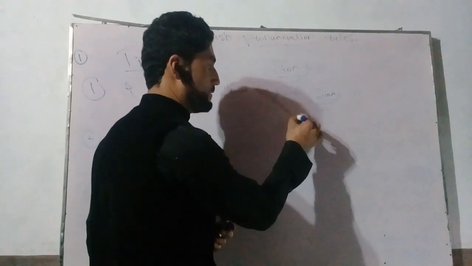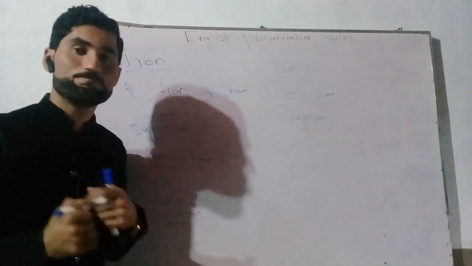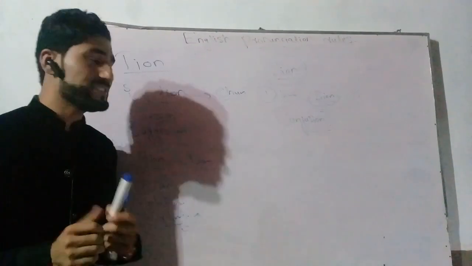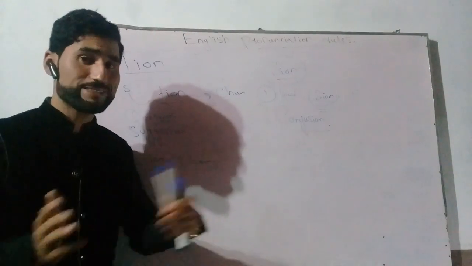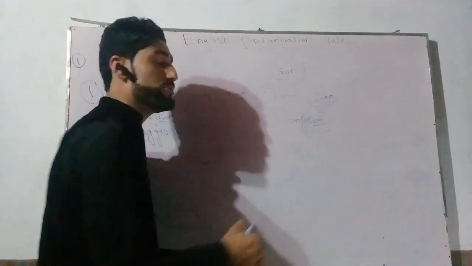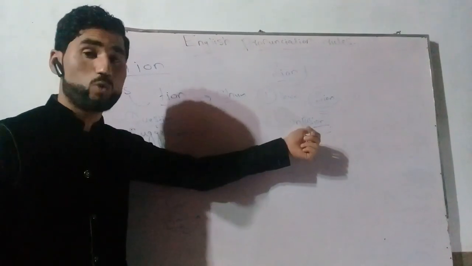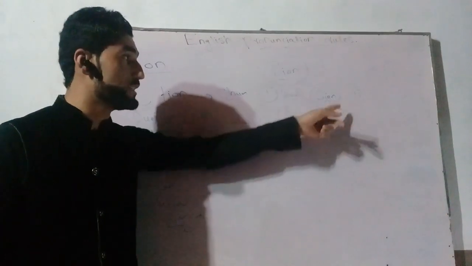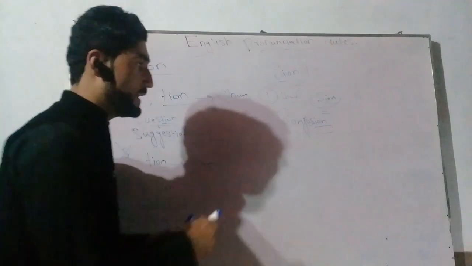For example, confusion. This is confusion. Why this "zhun" sound in confusion? It's because before these four letters here is U, and U is a vowel. As I told you, before these four letters, if a vowel comes, the correct pronunciation of these four letters will be run. Got it? The next one can be,